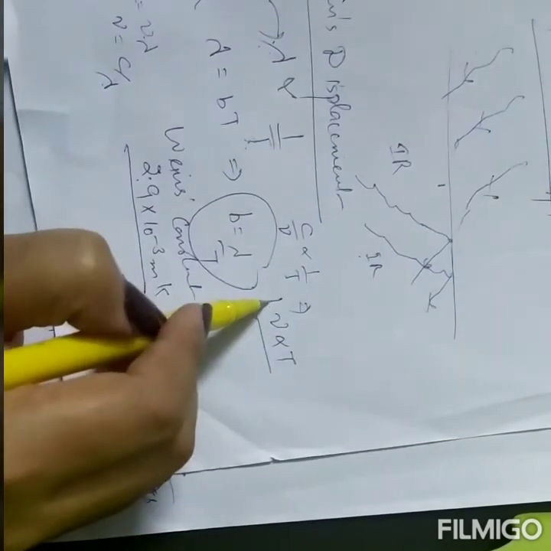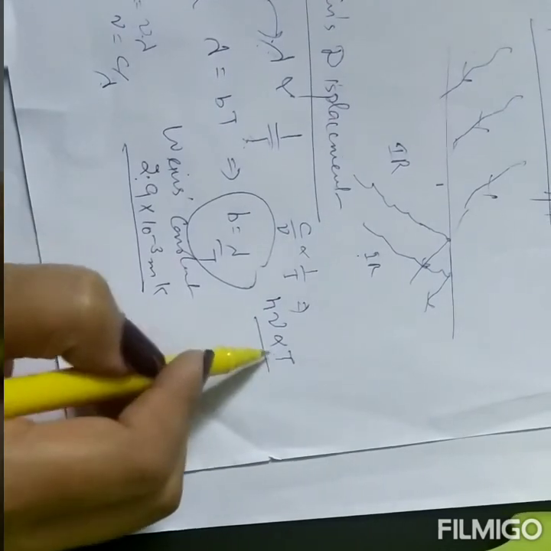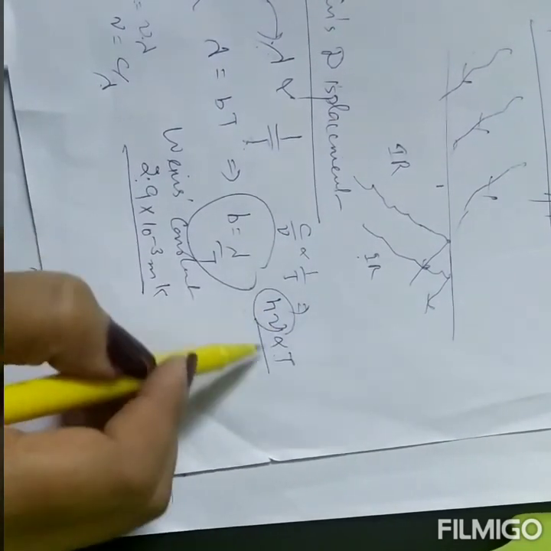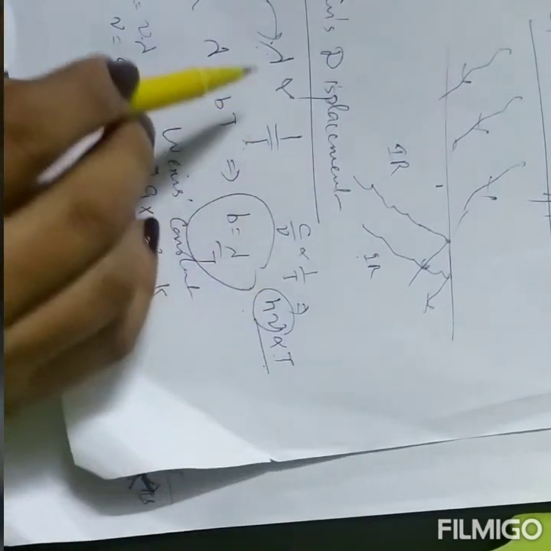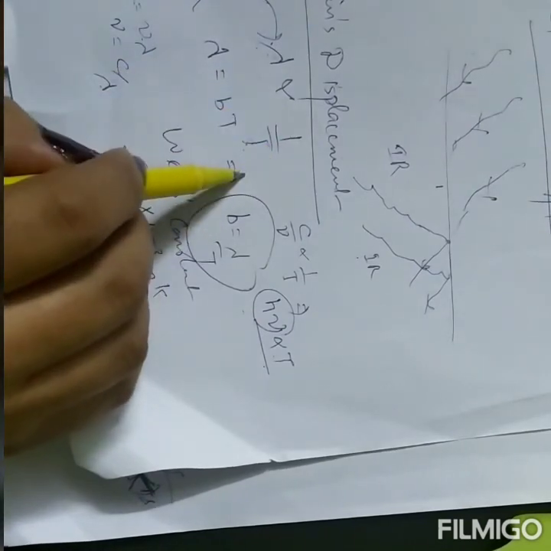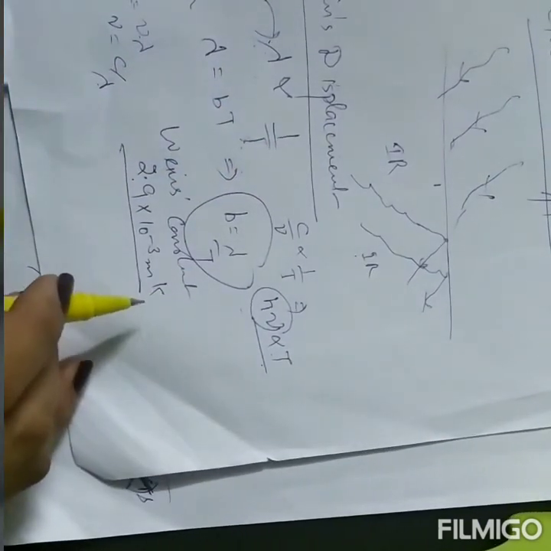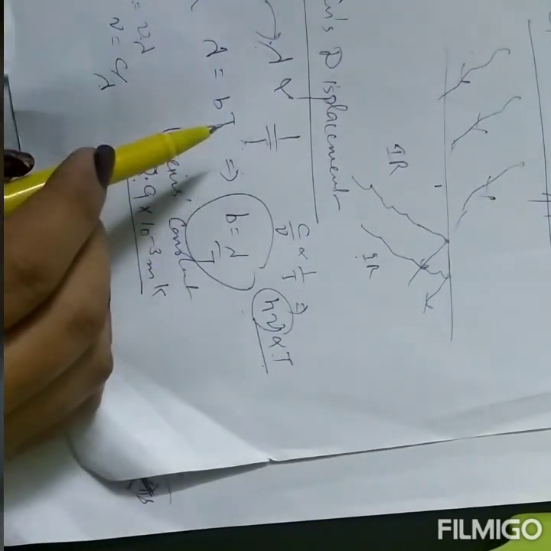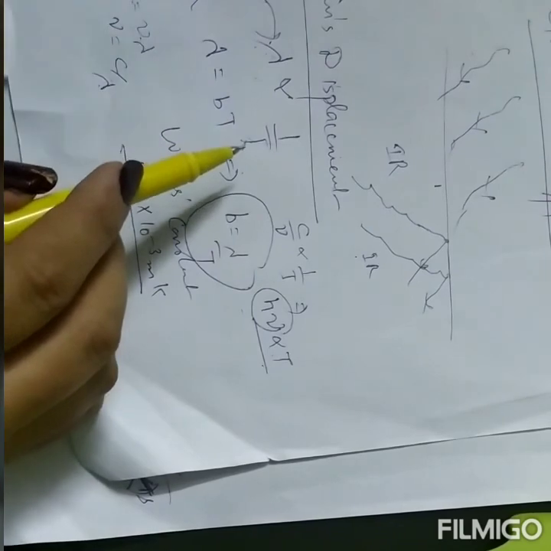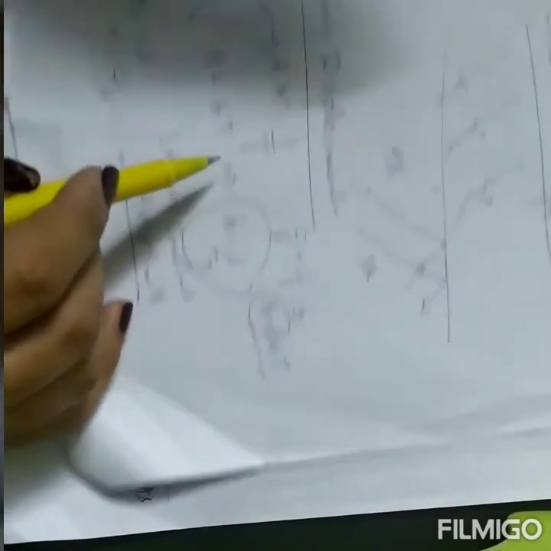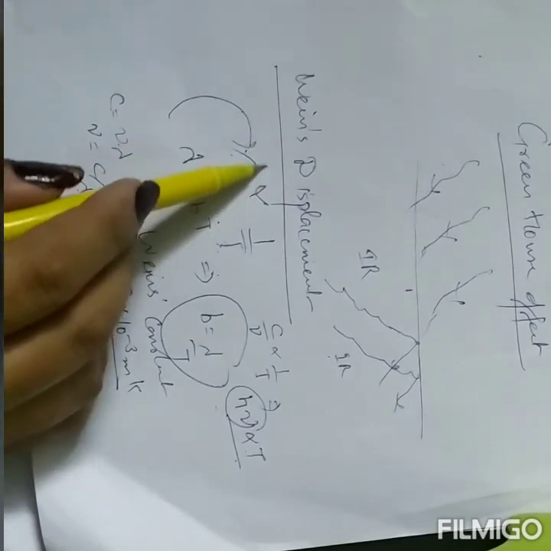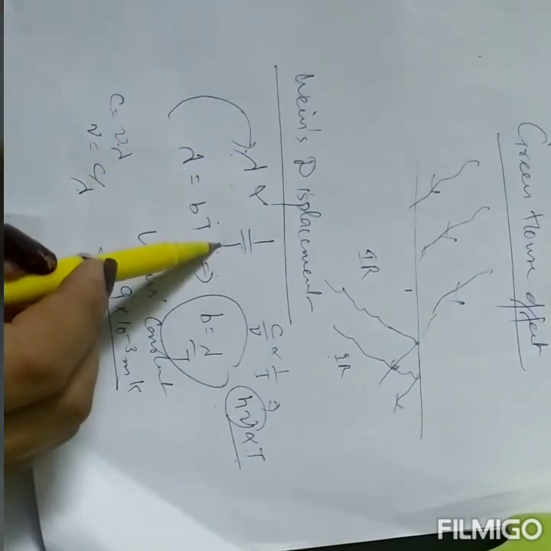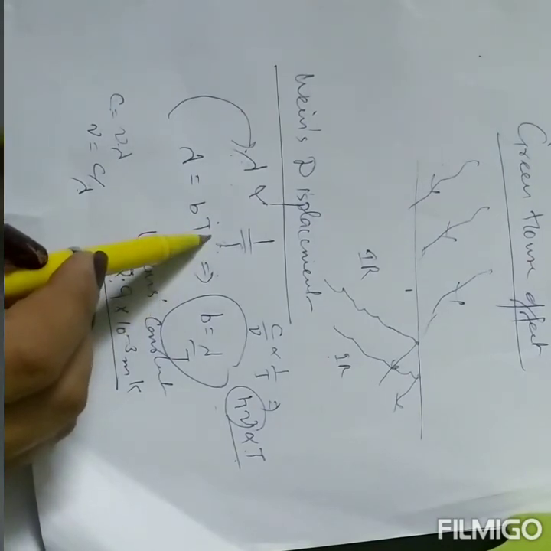So it means if we multiply both sides by h, this is energy. So energy is directly proportional to temperature. It means the higher the temperature, the higher the energy, but the lower the wavelength, because wavelength is inversely proportional to temperature. So if the wavelength radiated by any substance is low, it means the temperature of that substance is very, very high. So this is the importance of Wien's displacement, because here wavelengths from the center of the sun are measured. That wavelength comes out to be low. It means the temperature of the sun for the inner core is very, very high.